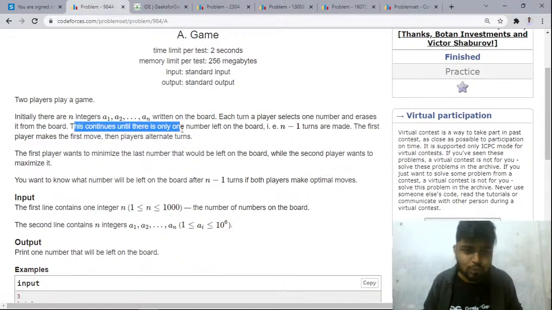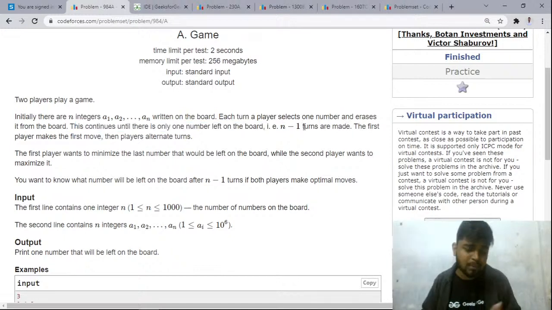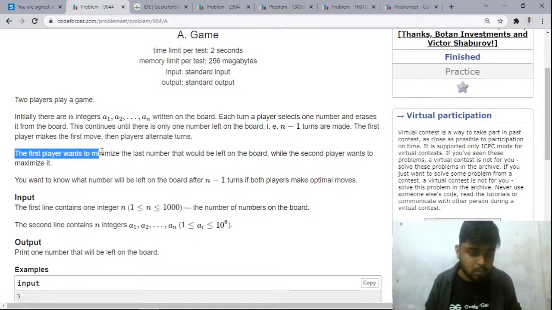This continues until only one number is left on the board, that is, n minus one turns are made. The first player makes the first move, then the players alternate, right? Player 1 will make the move first, then alternating, right? After that, what it says is the player wants to maximize the last number that would be on